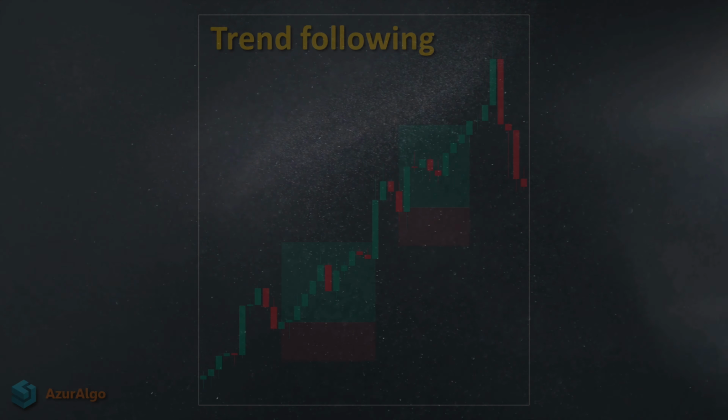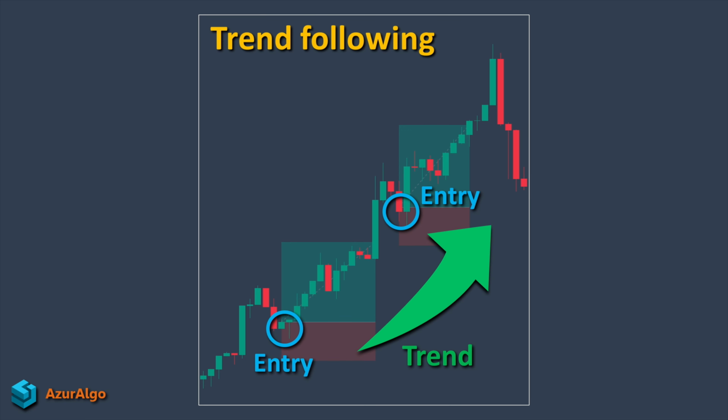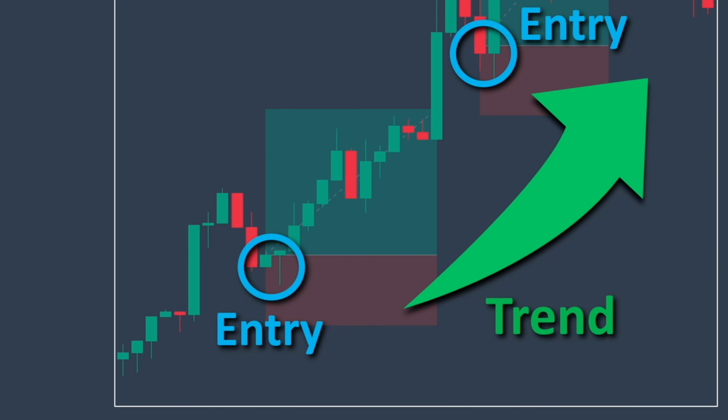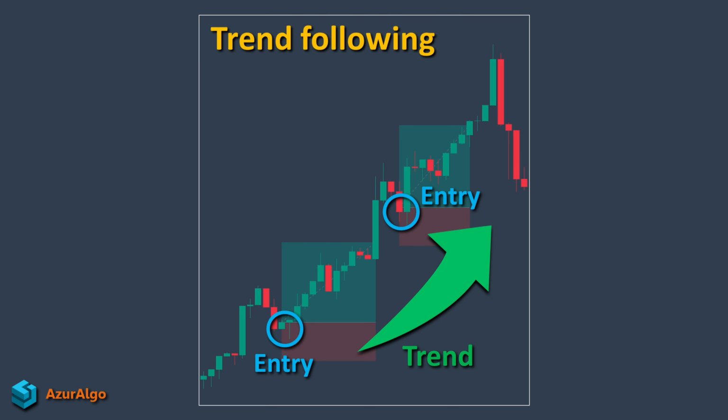The first one is trend-following strategies. These aim to identify an established market trend and enter a position at a specific moment. Here, we have an example of a strategy where entries occur on price pullbacks. With this type of approach, correctly identifying the trend is crucial, because to maximize the profit probability, we generally only enter in the direction of the trend, in this case using long positions, since the trend is bullish.